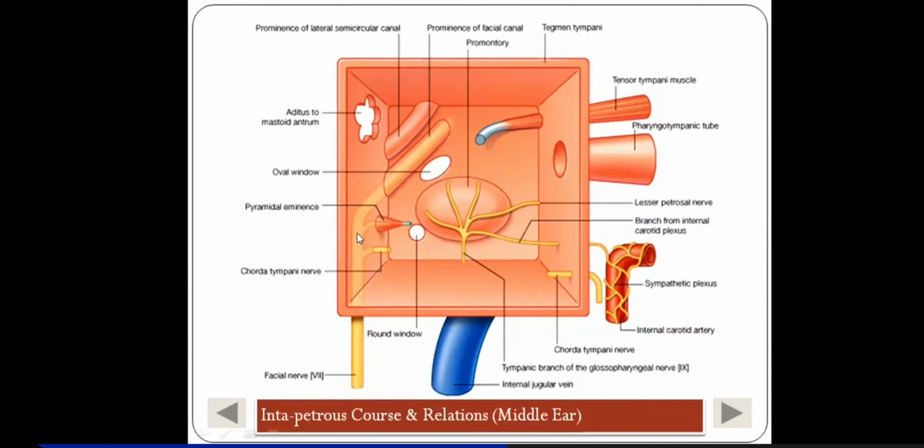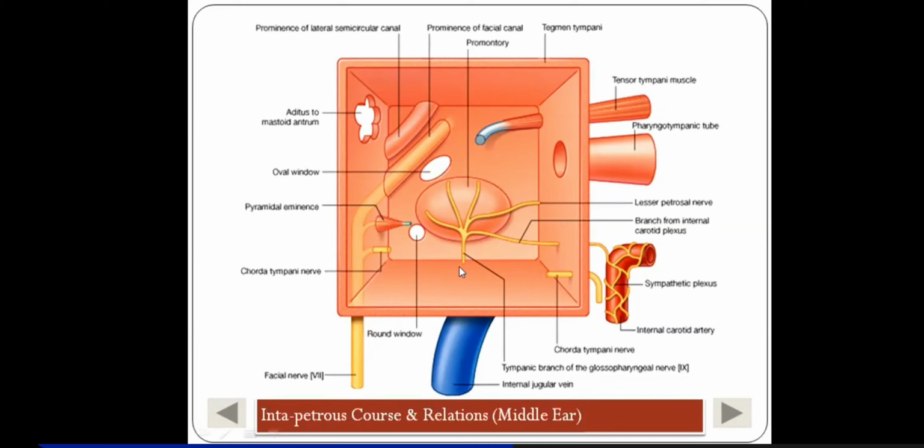Then in its course, you can see here, in its third part, it's giving two branches. One, you can see it reaches to supply this stapedius muscle, which is attached to the pyramidal process on the posterior wall. So this is the branch to the stapedius muscle, and it also gives a branch here that's called the chorda tympani. This chorda tympani branch enters the middle ear cavity through a bony canal, and although they have shown it a little below, it actually is high up, and it runs like a thread.